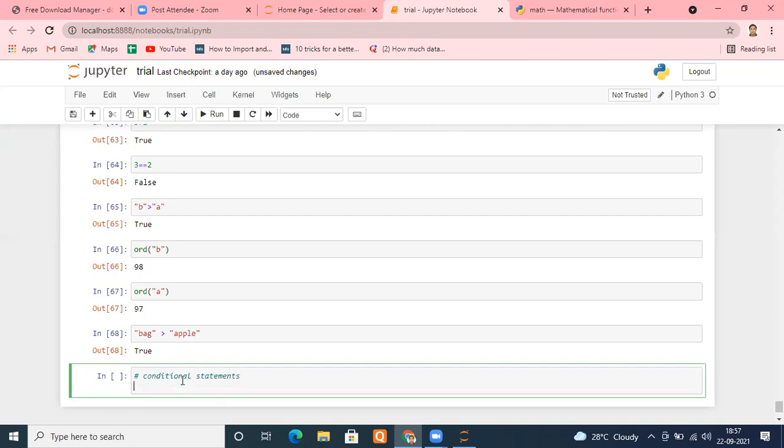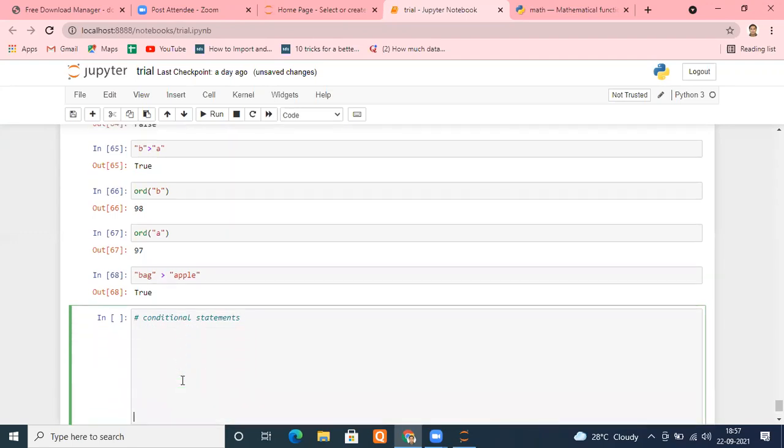For example, suppose in my room there is a temperature. I put temperature here as 29. A variable is there whose value is 29.